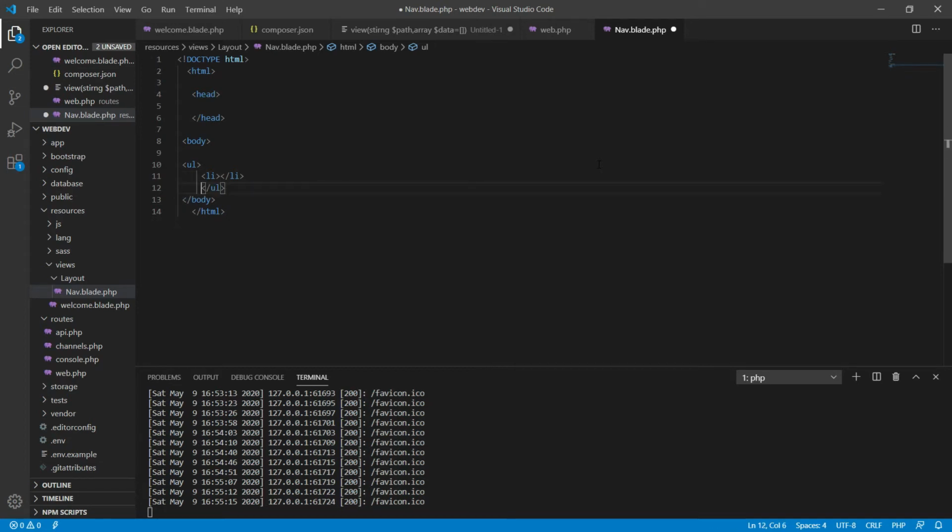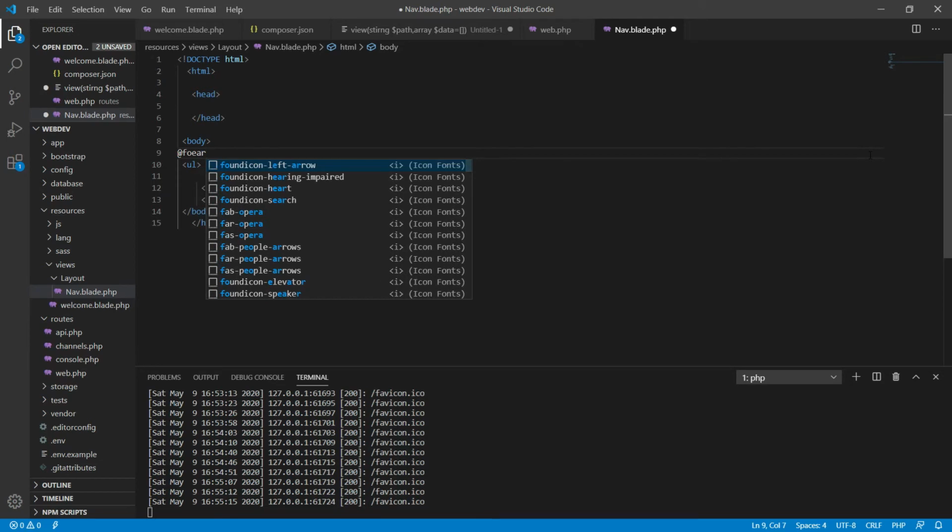And loop for the view. For the loop, in the blade section, if you want a foreach loop, add the at the rate